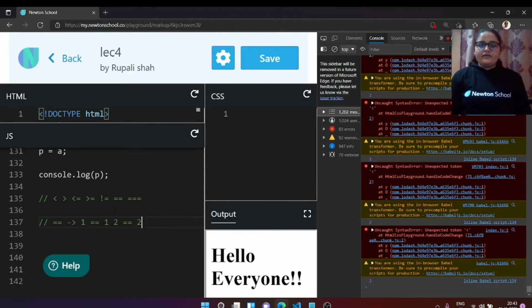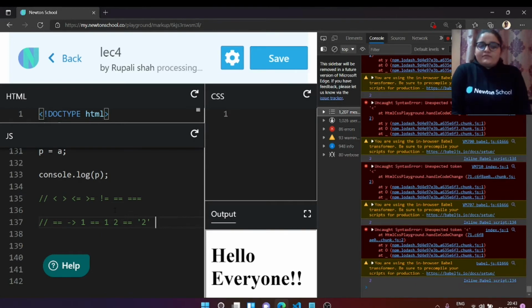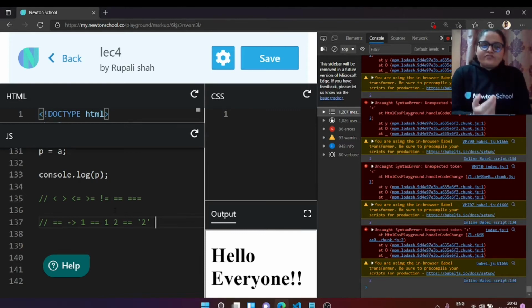But if I have a string of 2, then it will also give us true, because its main purpose is just to check whether these two things are equal or not. It doesn't compare the format or the type of the variable. It just compares whether the values are the same or not.